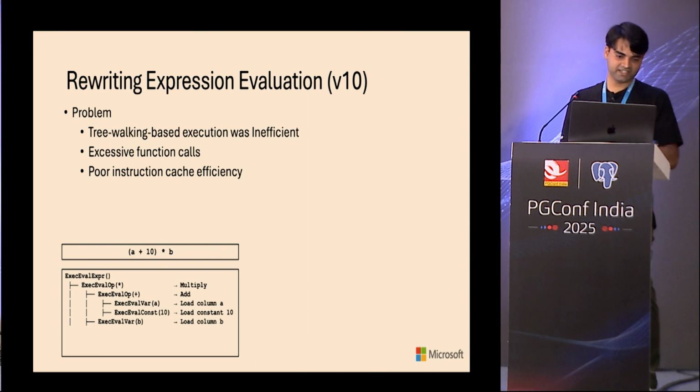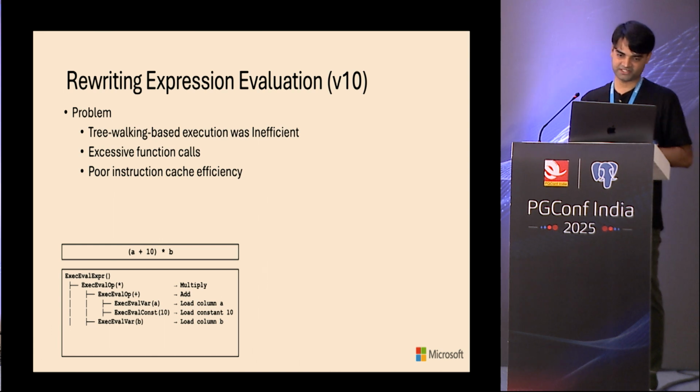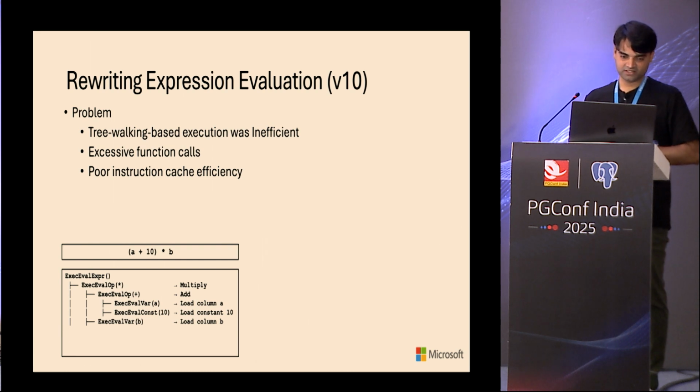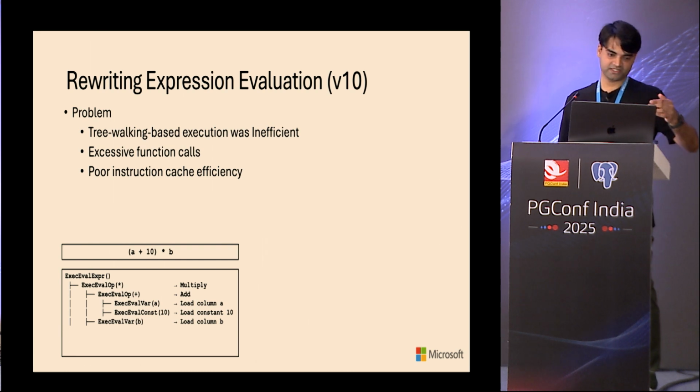And before version 10, we had a tree walking based execution model, which was inefficient for the reasons I was discussing earlier. So you have a function call for each node, and the more complex your expression is, the more overhead it's going to cause due to excessive function calls and